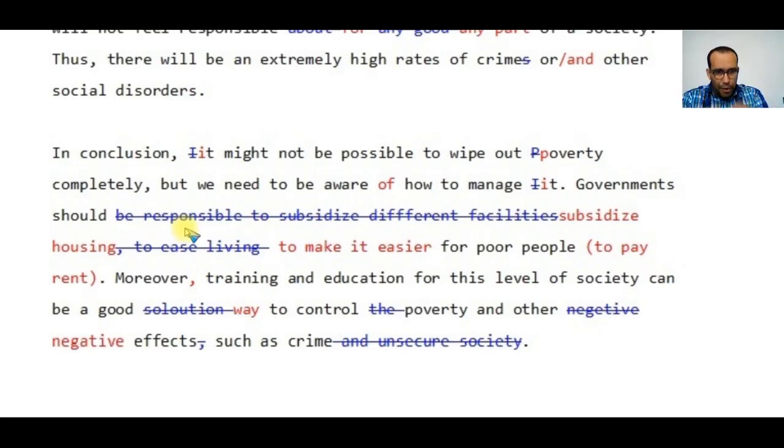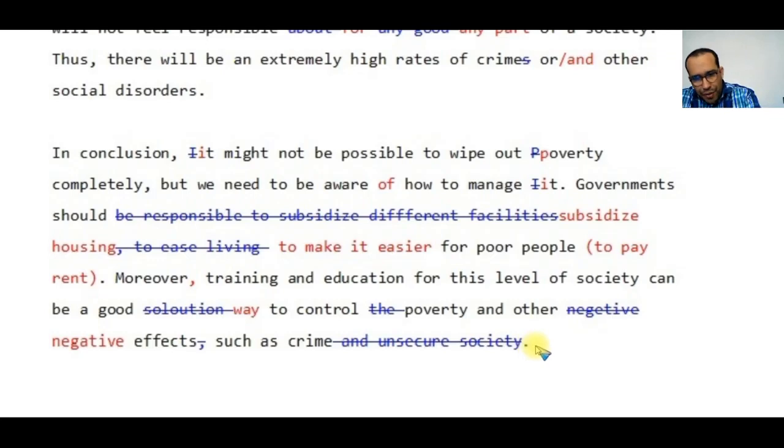So you need to be sure about the words that you're using again. Subsidize housing to make it easier for poor people to pay rent. So this is maybe the right way to express that instead of the way the student expressed it. Moreover,